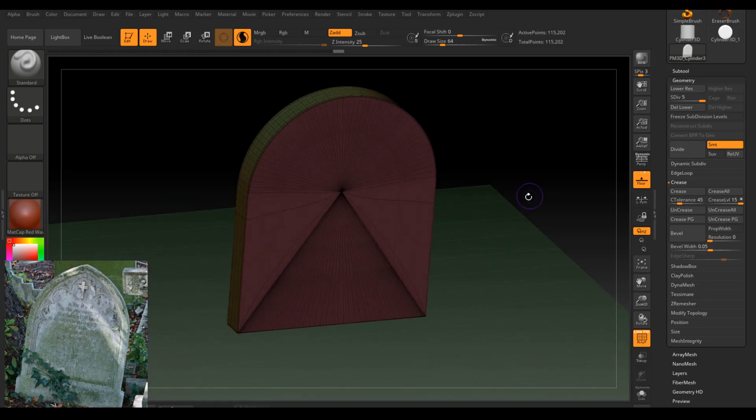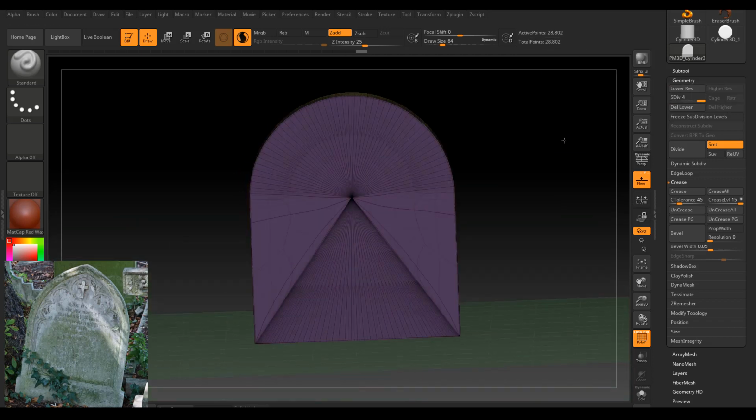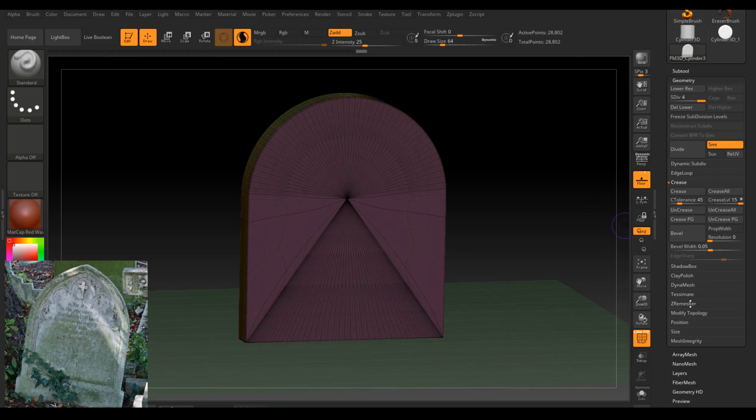A really cool feature inside of ZBrush is something called ZRemesher, and that's going to redraw our edge flow better than what we've got. I might drag that back down to 4, so I can go up and down in my subdivision levels. I want to be at 4. I'm going to Delete Higher, so delete the higher levels, and I'll leave it at 4, so 28,000. Then I'm going to go to ZRemesh,